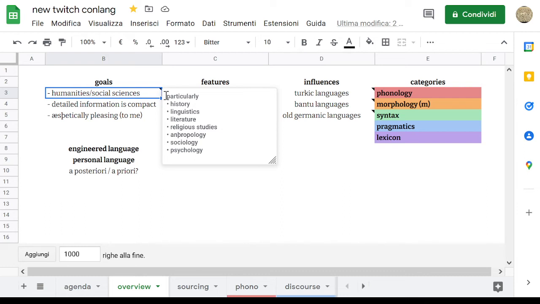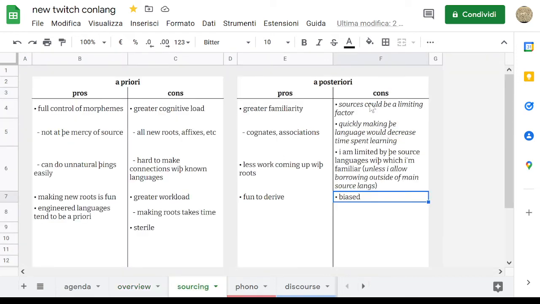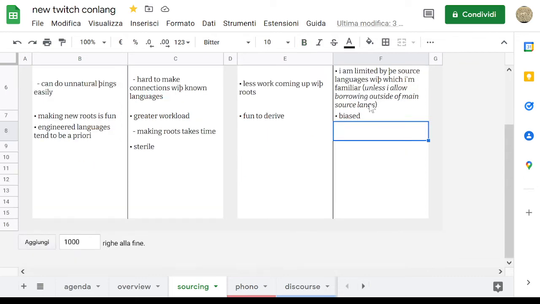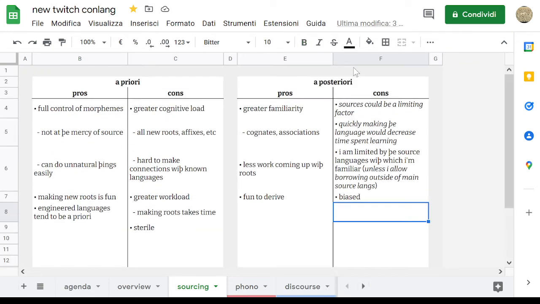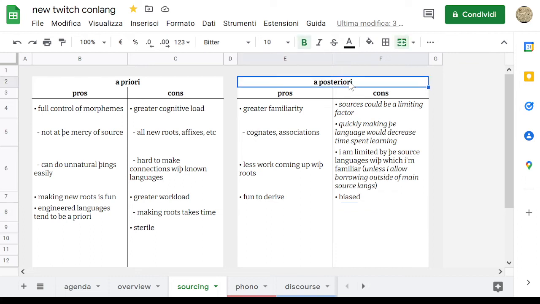My concepts, though, the concepts themselves don't have to be limited. I had that as a con, that my sources could limit me, but the reason I italicize it is because this could cut down on the potential for familiarity, because I could create false cognates with this process. I could have a concept in this language that I want to have mean something that does not have the same connotations that it has in the source language. It's really hard for me to think of a good concrete example for what I mean with this, but if there's a concept like